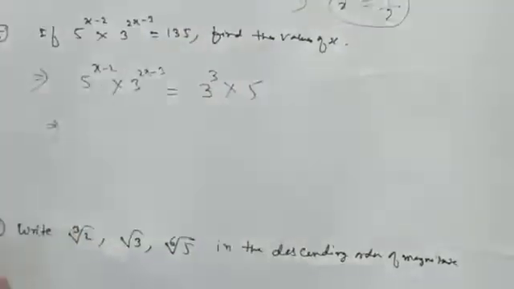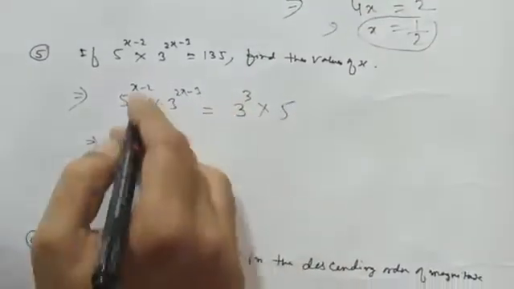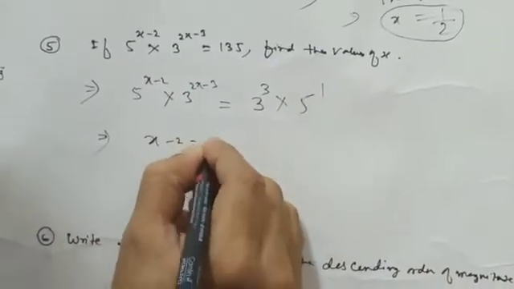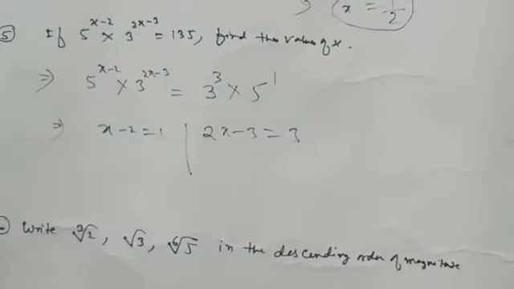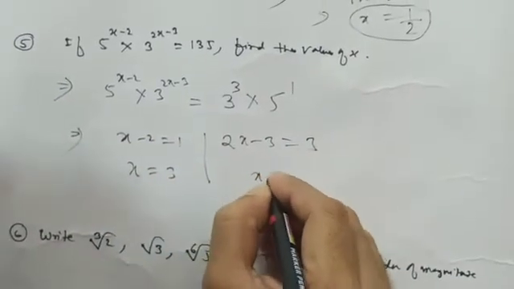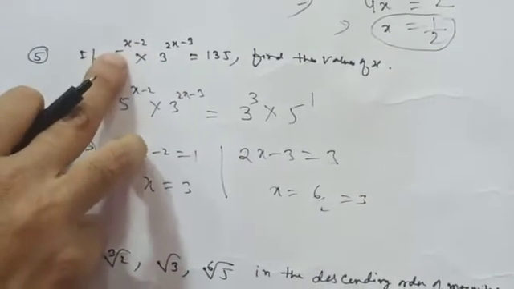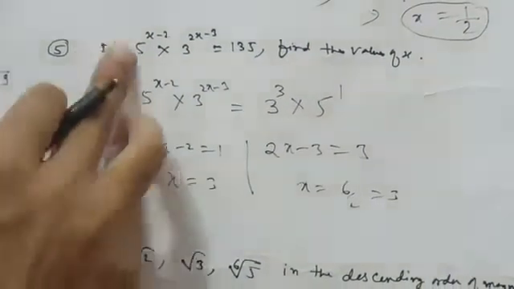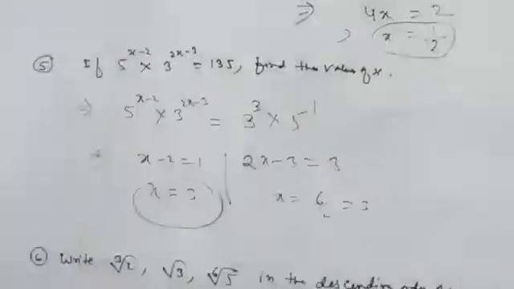So if we equate both sides, as per the condition by hit and trial method, see 5 and 5, if we equate, so x minus 2 equal to 1, or 2x minus 3 equal to 3. For what value of x is it going to be satisfied? So x equal to 3 here. Also you are getting here x equal to 6 by 2, which is 3. So when you put x equal to 3, you are getting 5 here, and here you are getting 3. So 3 to the power 3 into 5 is satisfying. The value of x is 3. In this way, sometimes we have to solve.